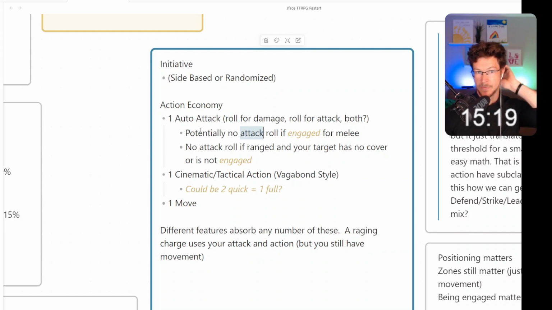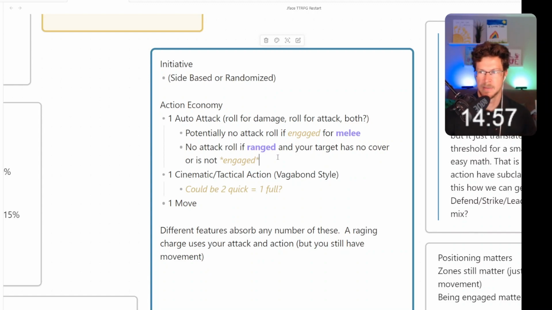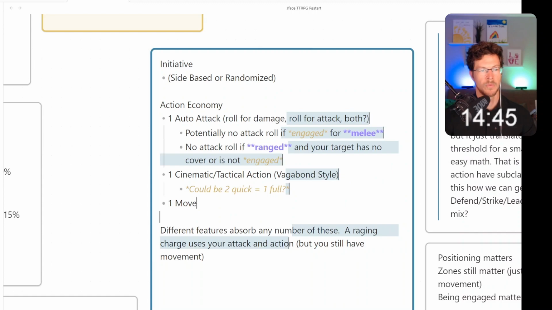That's for melee, whereas if you're not engaged, then you have to actually roll for attack and roll for damage. Same thing for ranged: if the target you're shooting at is not engaged with anyone else, you don't have to roll for attack. But if they are, then you've got to roll for attack or some sort of skill check. It still might be incredibly fast, where I look at my skill and roll under it or over it, just to make sure I accomplish that. This would be bows, and this would be some sort of melee. All right, cool. Moving along.